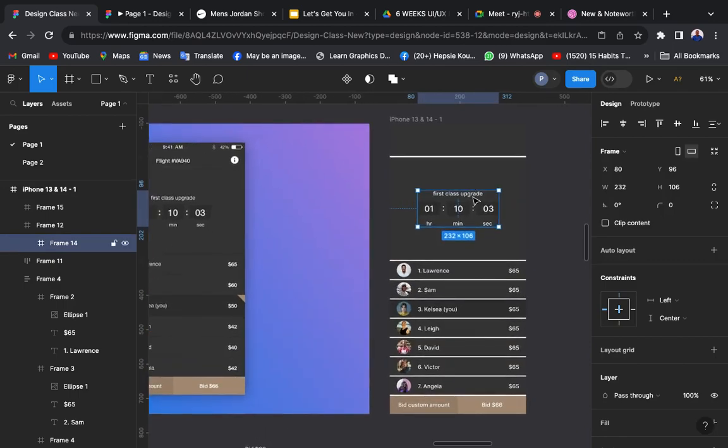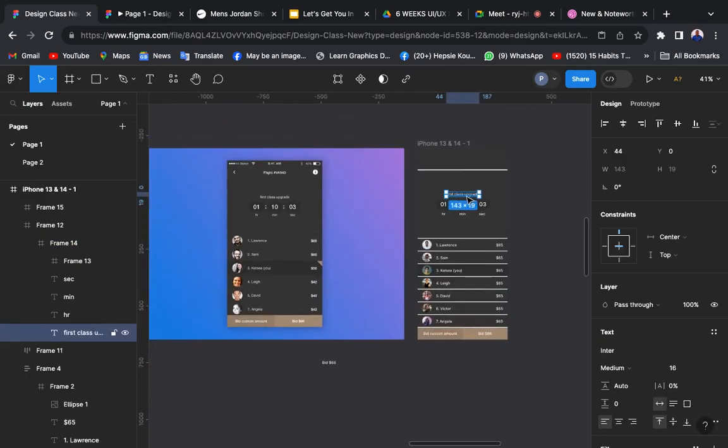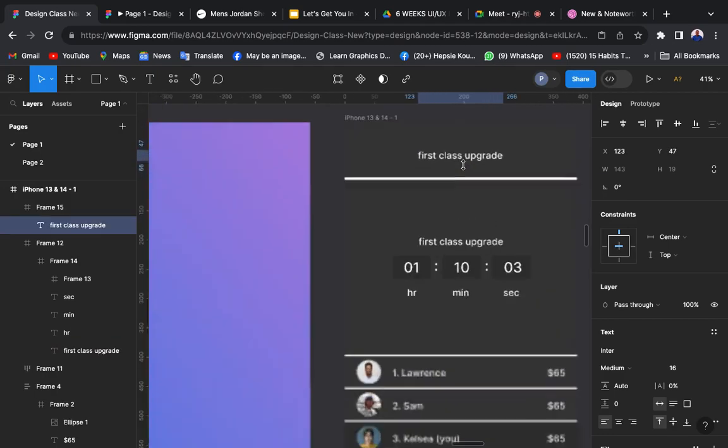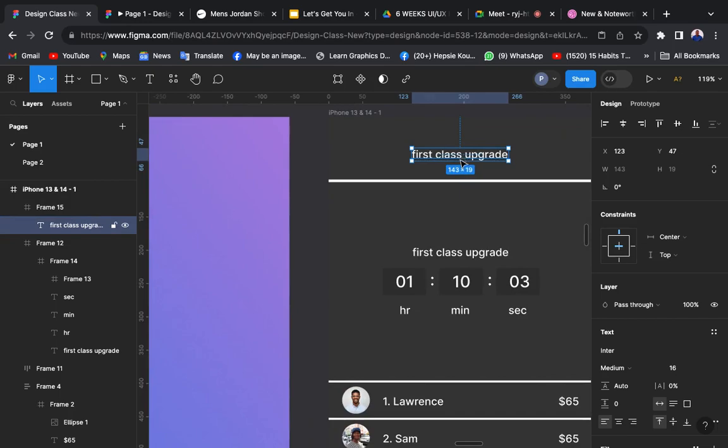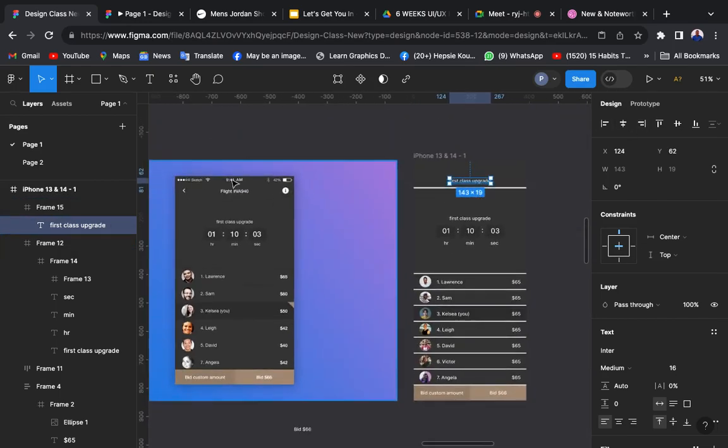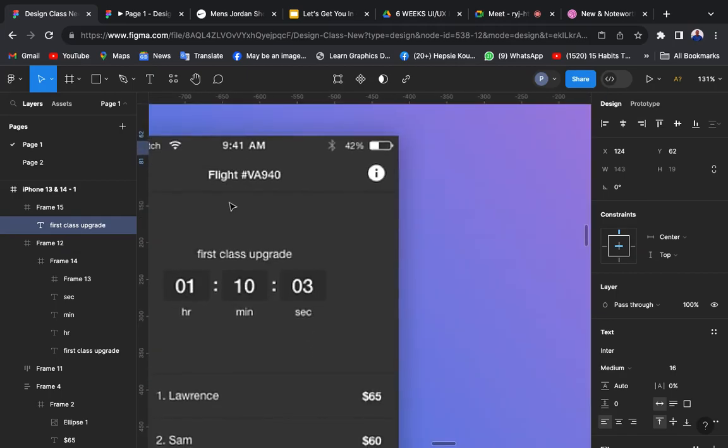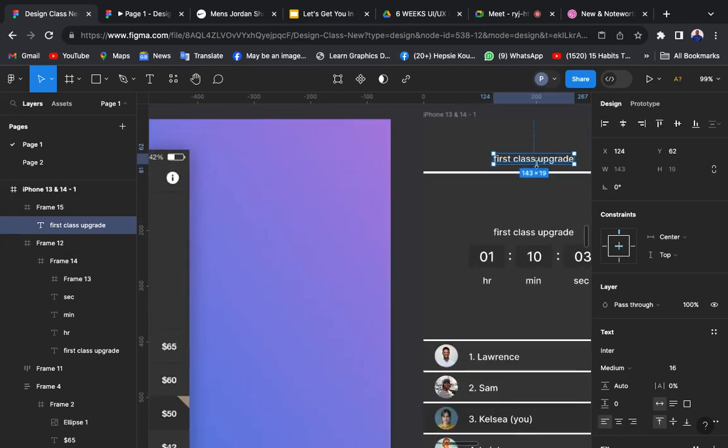So this design is recorded. At the end of this class, you go and do your own. Alt to duplicate. I'll bring it. Remember, this is not a box, so it's a frame. You must know that too. So this is flight number VA 940. Flight number VA 940. Okay,